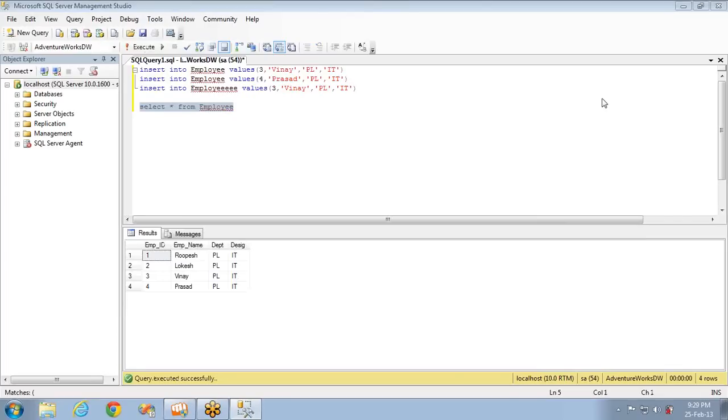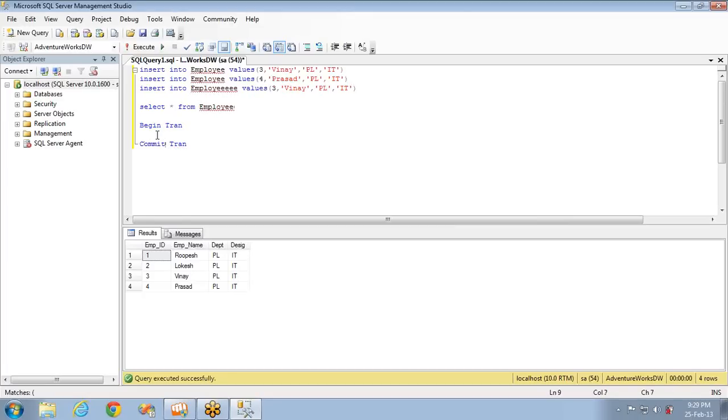Now let's see about the explicit transactions. In explicit transactions, you don't have another go. You have to specify this begin tran and end tran. If you don't specify these, then it will not be treated as a transaction and it will throw a syntax error. So you have to specify begin tran and, sorry, it's not end tran. I was thinking of if else conditions and case statements. It's a commit tran or rollback tran.